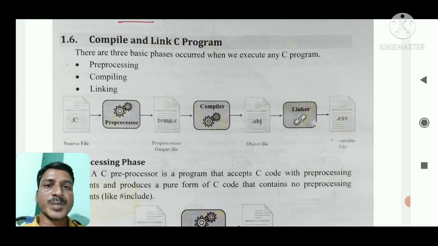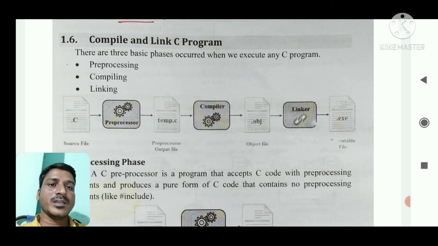So dear students, observe here. First of all, our source file, our source code, has the .c extension. We write it in any editor and save it with the .c extension, and then it goes to the preprocessor. The preprocessor creates a temporary file, temp.c.